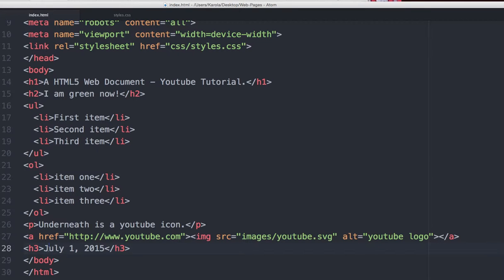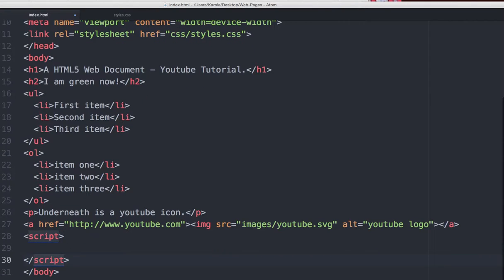Well, that's where the script tags that I introduced to you earlier come in handy. So here, just above the body tag, I'll put in the script tags, and the method I'll use to begin with is document.write, and then